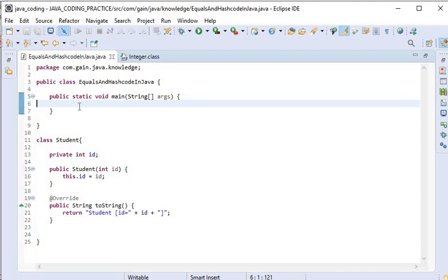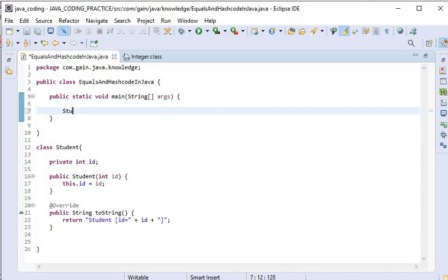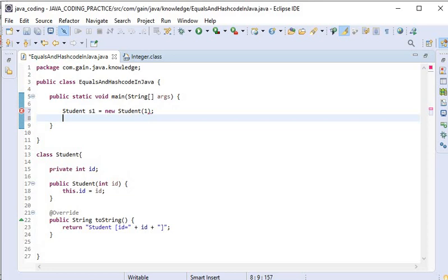Now here, first I will create one student object s1 is equal to new Student, and here I will pass the ID of the student, and next I will use the same ID and will create a new object s2.